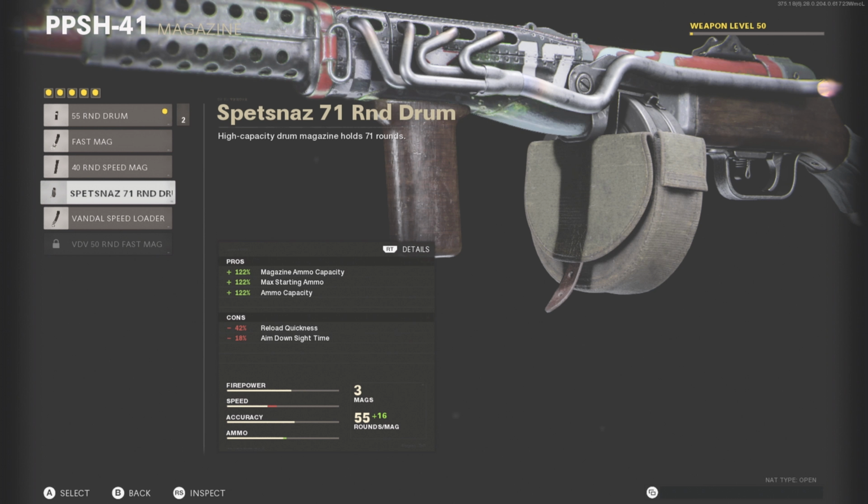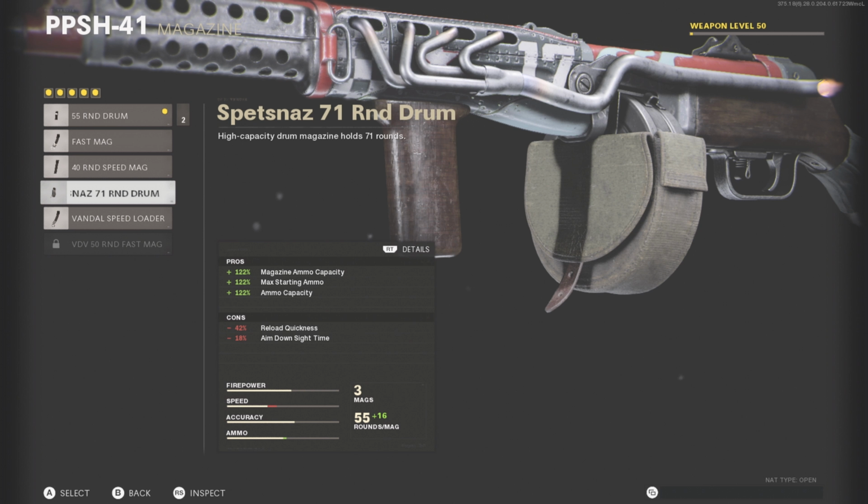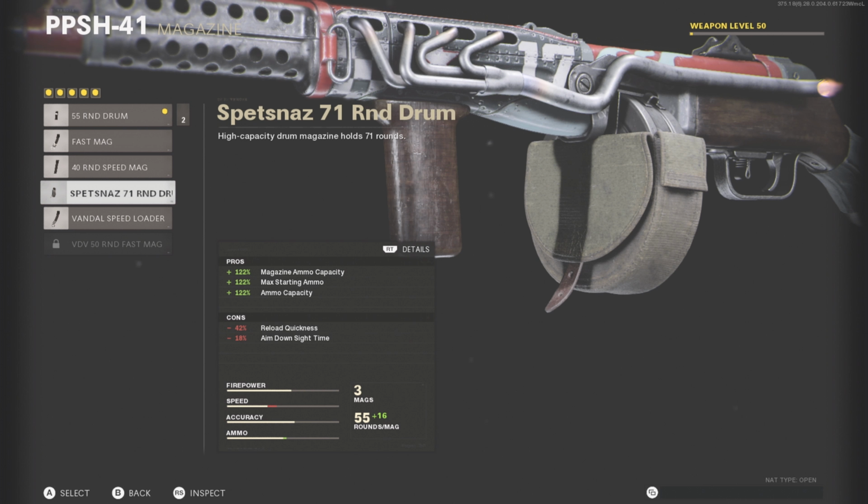This is definitely a lot of ammo, and of course it takes away from the reload quickness and the ADS, but if you're dropping in on the last objective and you're just trying to take out as many people as possible, 71 rounds goes definitely a long way. Especially if you're jumping on the last objective, you might not survive long enough, so a good starting amount of